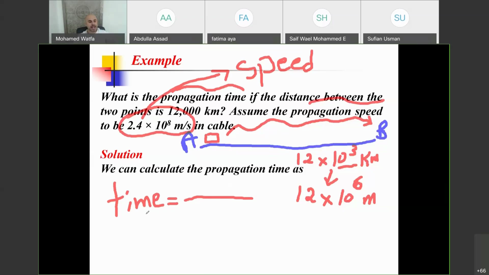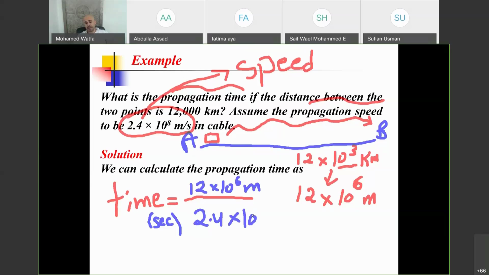Make sure that the time has to be in what? The unit. Second. So I want my answer to be in second. So you need to make sure the units cancel out. So I have 12 times 10 to the power 6 meter. That's my distance. If I divide it by my speed,